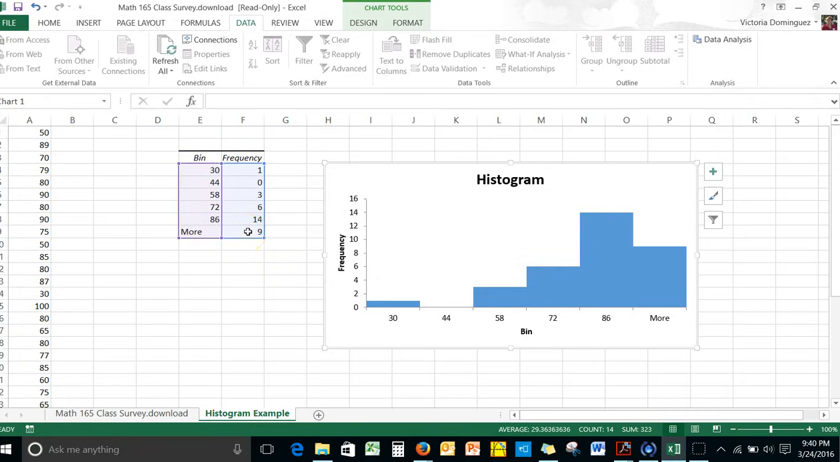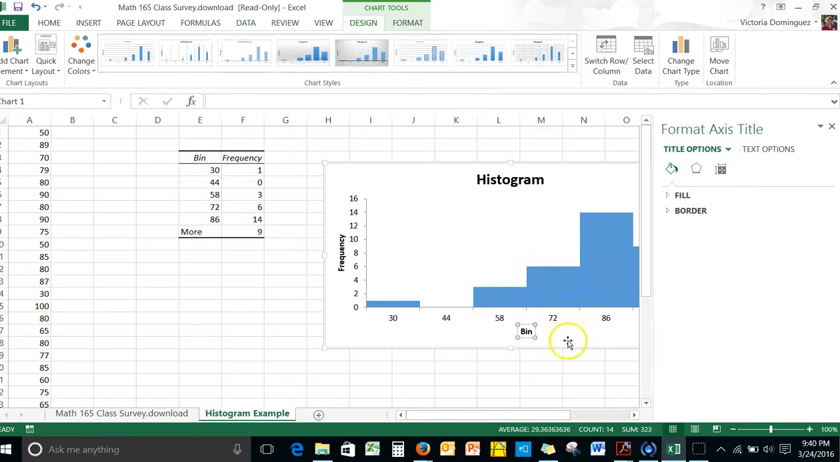But there's nine values in that class. When you create your own number of classes, which we'll do in the next video, you won't have that More. You can get rid of it because it will have 0 values in it. You can double click on these words here if you don't like what it says. Bin, I don't really like that. I'm going to write here